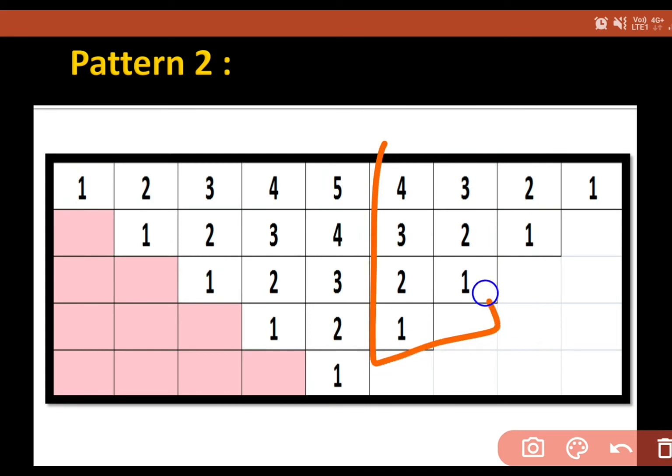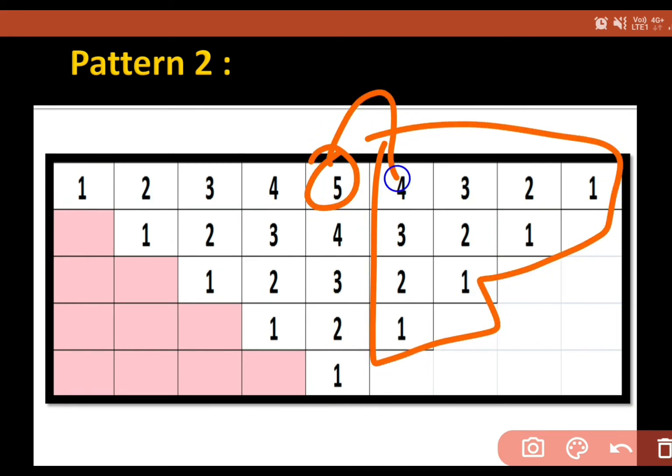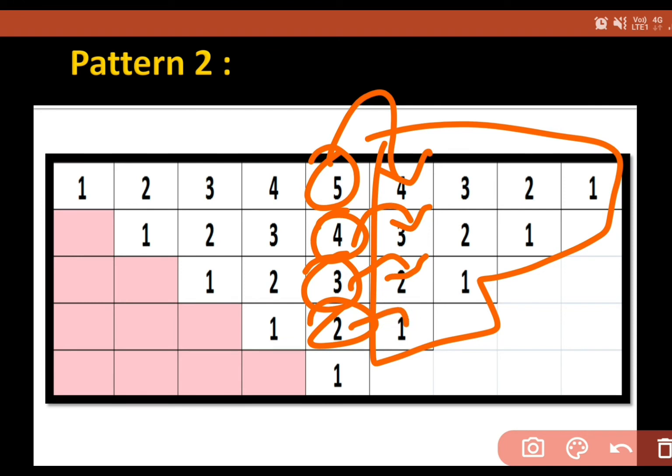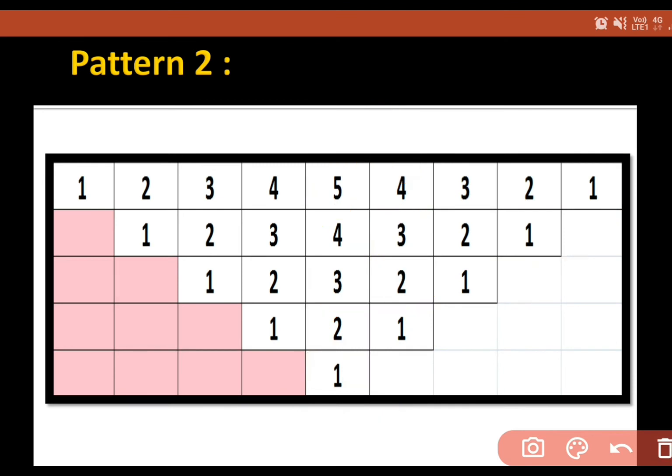And what about this? I told you previously, if I'm having 5 then it is 4. If I'm having 4 it is 3. If I'm having 3 it is 2. And if I'm having 2 it is 1. And if I'm having 1 then 0. Next one is 0, means just minus 1 of this value. Means I minus 1.